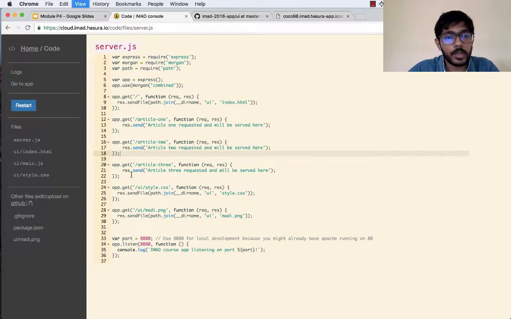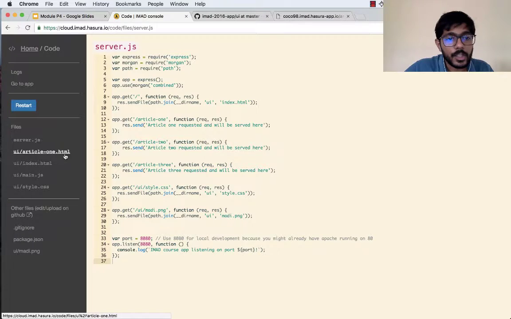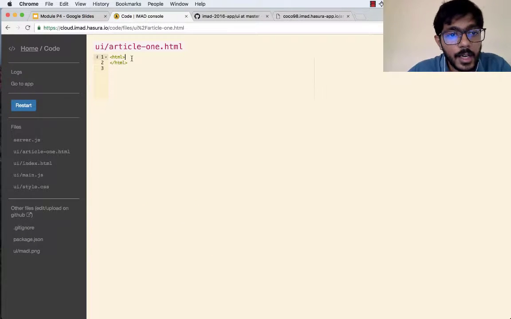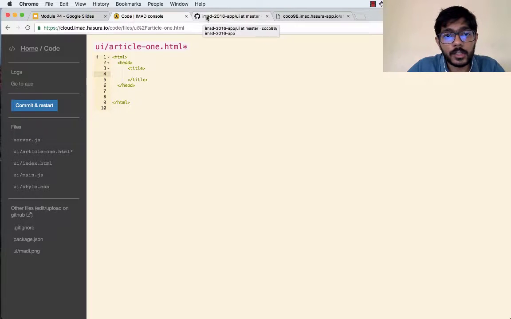Let's go back to our console. Let's refresh the console. So you can see that article1.html has appeared here as well. Let's click on this and let's start editing our content. So whenever you're writing an HTML file, you always write the tag HTML and you close the HTML file here. The first thing that we'll do is add a head tag, and here we'll write the title. The title of the page is the bit that appears here. This is the title, the part that appears on the tab, right? So we'll say title article 1,